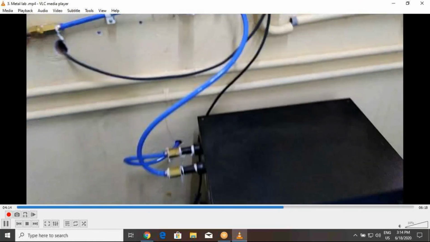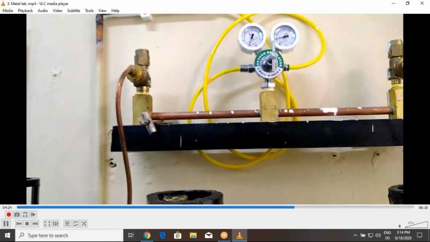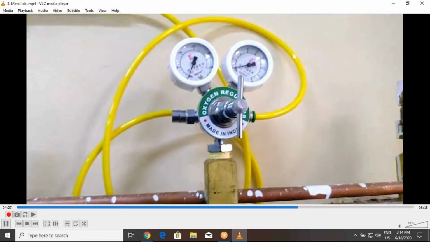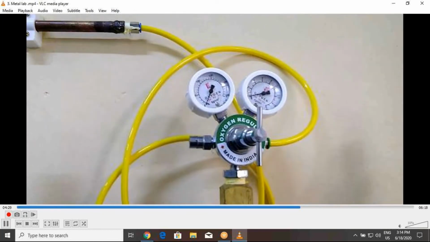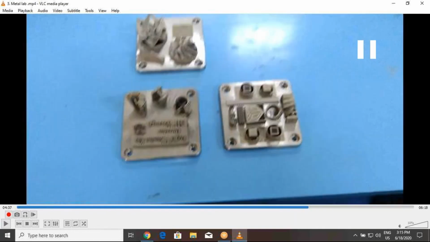Those are the pressure gauges, which indicate the pressure. This is a spanner to open and close the cylinder valves. These are used to open and close the cylinders, and like this we can fix that. This is the pressure gauge used to indicate the pressure of a cylinder. All of these are the pipe connections connected to the metal machine. So, very complicated. Now we move on to the parts which were printed.